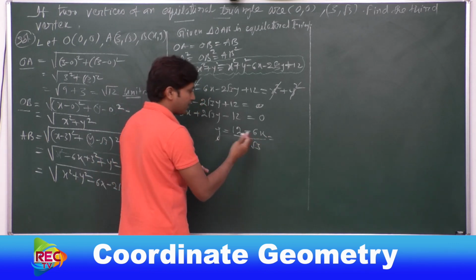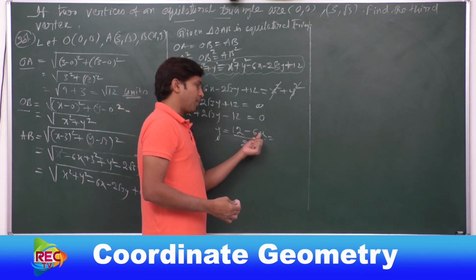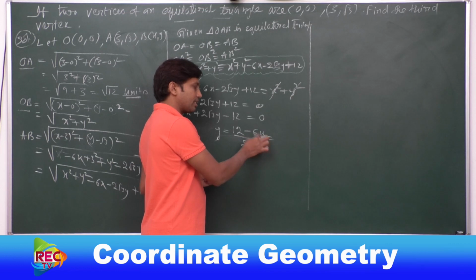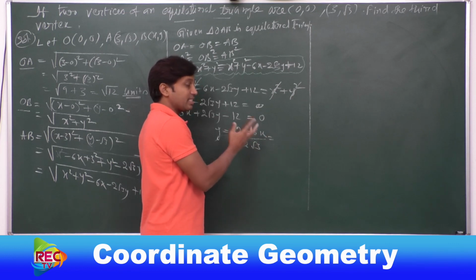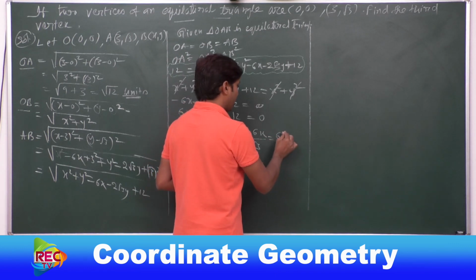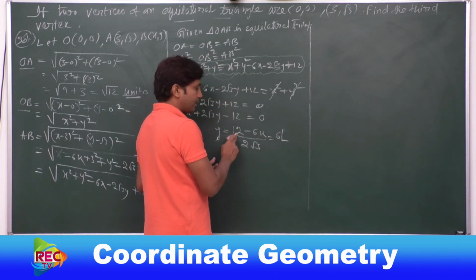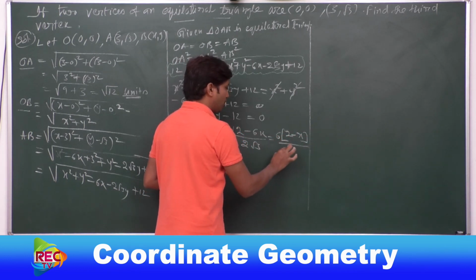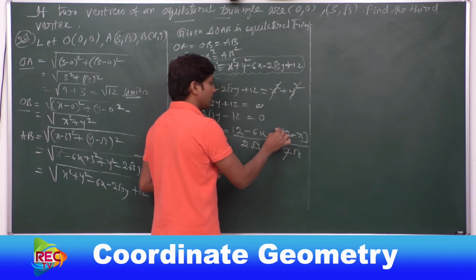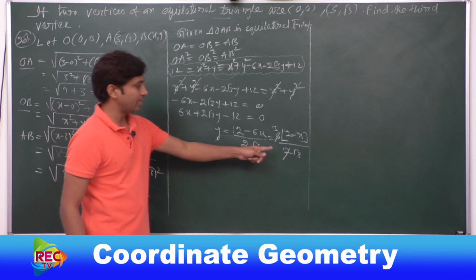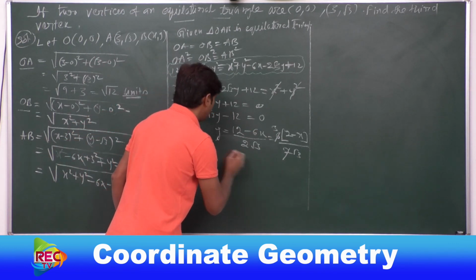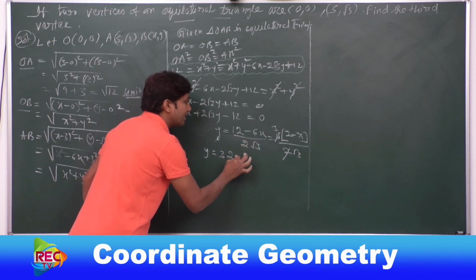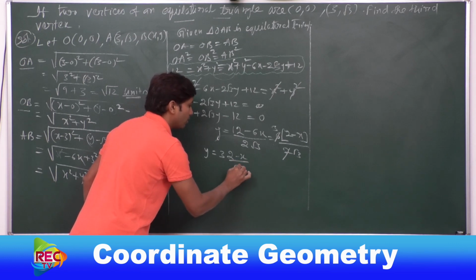Now let me simplify something more. See here in this upper part, in the numerator, we have 6 as a common term. In this term 12, this is term 6x. In both the expressions, 6 is a common factor. Take that common. When we took 6 out, then here 2 will be left, and here x upon 2 root 3. Now we can cancel this with 2. 2 will cut it 3 times. So this will be equal to how much? So finally y equal to what? 3 into 2 minus x upon root 3.